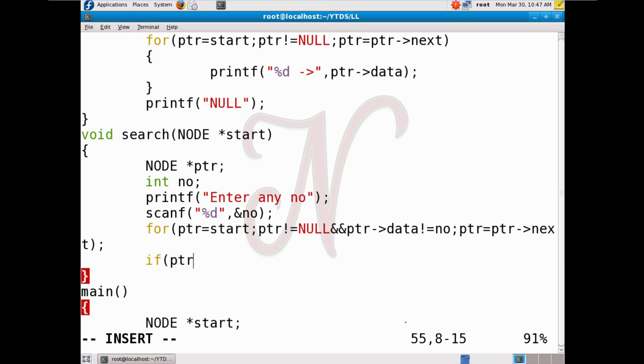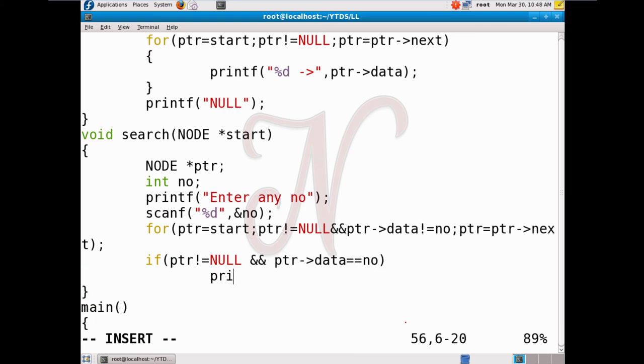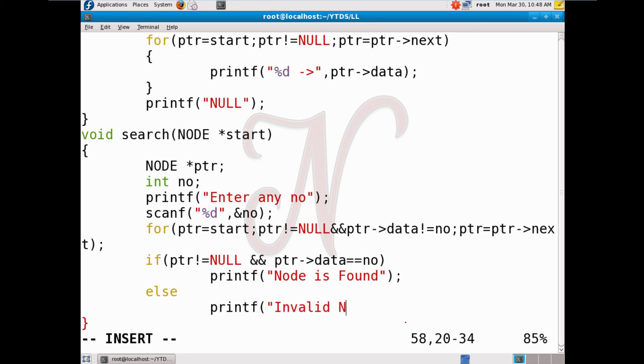If it is found, then ptr is not equal to null, and the second condition is that your data is the same as your number. If it is, then print here node is found. Otherwise print invalid node.